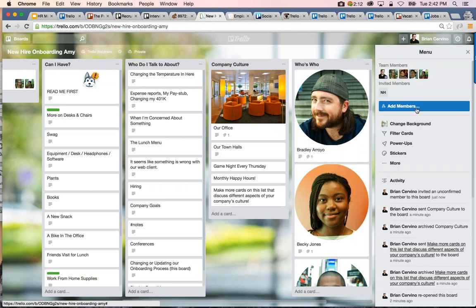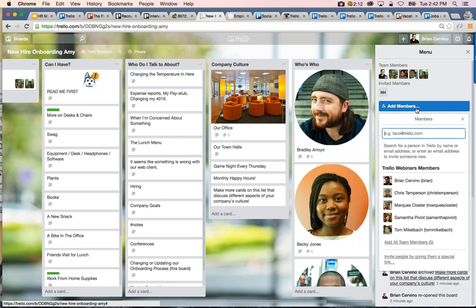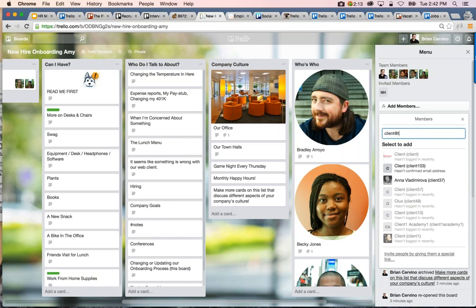If you ever want to invite someone to a board because you'd want them to be able to see a board but not actually make any changes to the board or edit the board, with Trello Business Class, you can add someone as an observer. This is really handy if maybe you're working with clients and you'd like to share the progress of a board and maybe get some feedback, but you don't want them moving cards around or changing due dates, etc. So maybe I could add my client